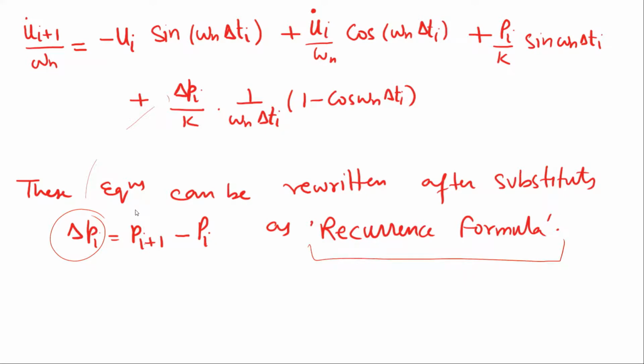Recurrence formula means it will just repeat again and again. Why will it repeat? Because if we solve for i equals, suppose, 3, we will get u3, then u4, because u3 we should know for that solution. As we know u4, we will find u5, and to find u5 we need the value of u4. So all the values from the back we already have. So this becomes the recurrence formula, and we can apply a loop when we code. We can easily code it by using the for loop for the execution of the formula.